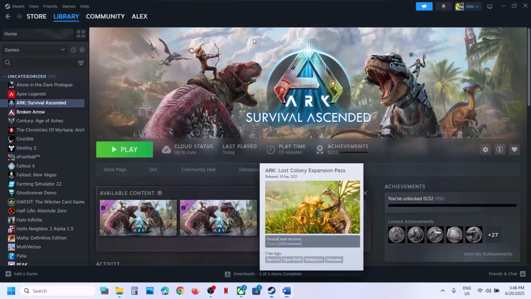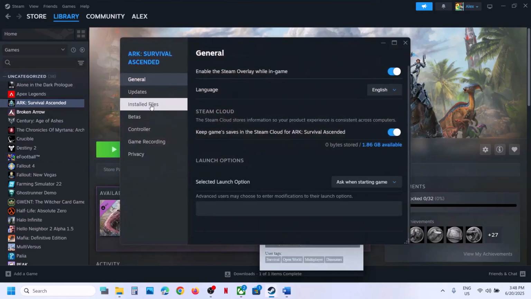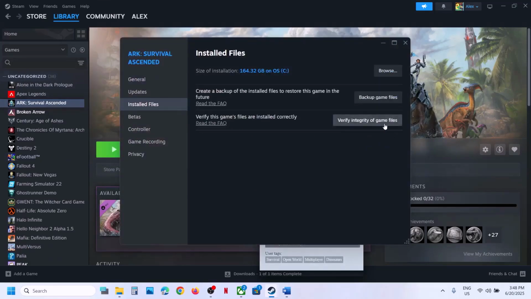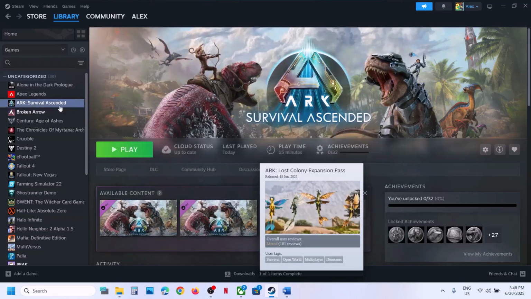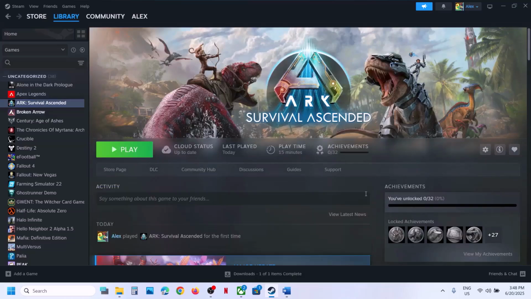To verify the game files, you can go to Steam, make a right click on the game, select properties, go to installed files tab and then click on verify integrity of game files. Once the verification is 100% complete, launch the game and then check. Still not working. The next step is to